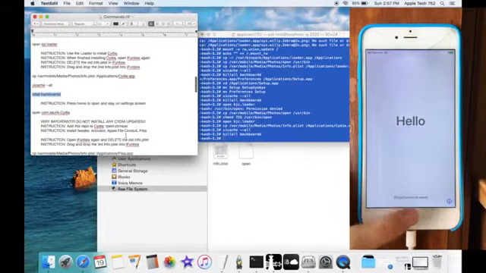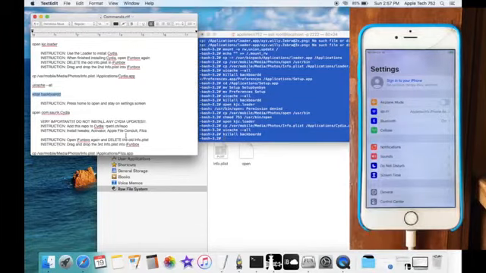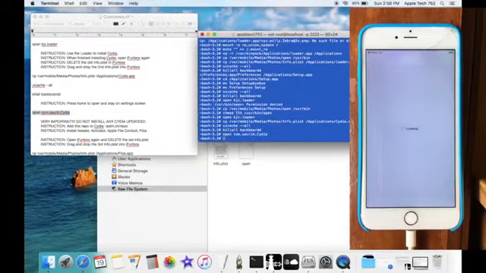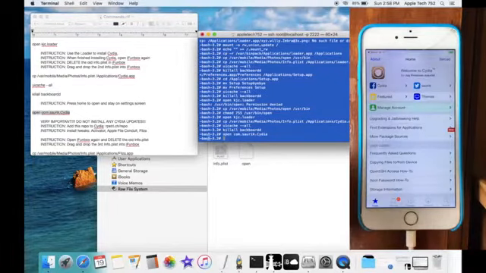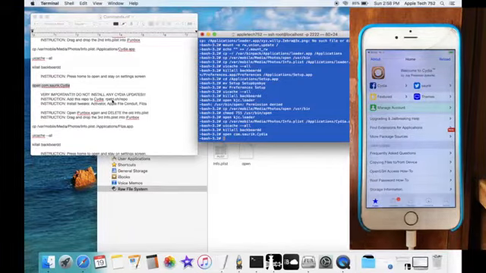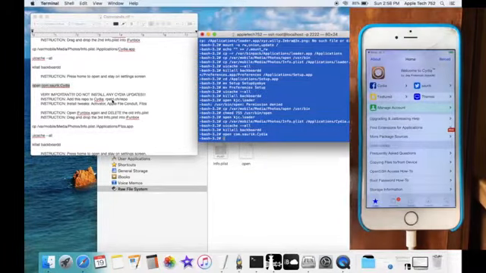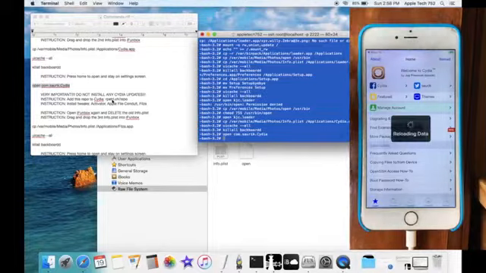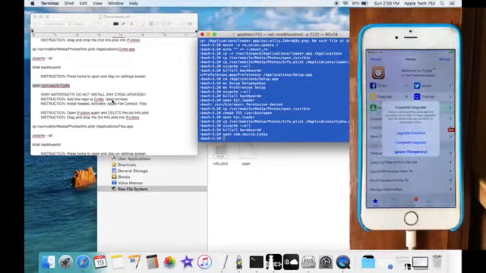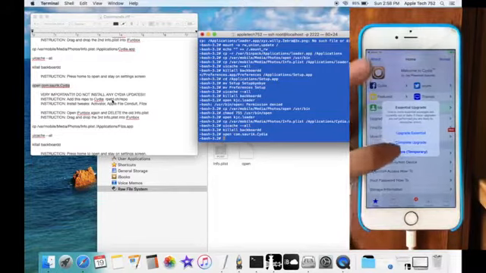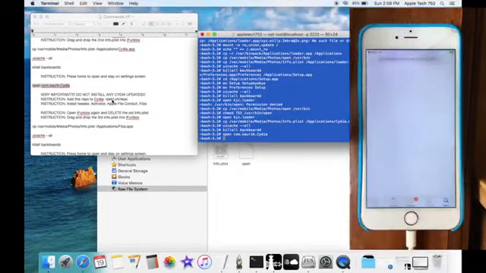Okay, now we're going to follow the next instruction, which is to press the home button and stay on settings. And now we're going to go ahead and open Cydia. So copy this command, paste it in here, and just like that, we are inside of Cydia. So this is very important here. It says it in the commands, but I'm just going to say it right now. Do not install any Cydia upgrades. If you install any upgrades, you're going to totally break this bypass, so you can't upgrade anything. That's just the way it is. I tried upgrading it and it didn't work. So don't upgrade things. Just click ignore temporary,